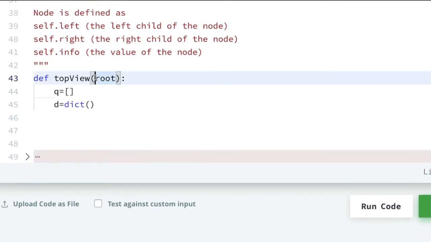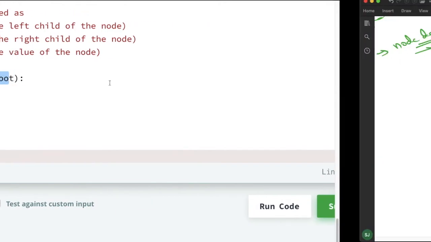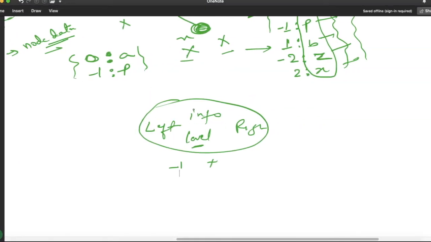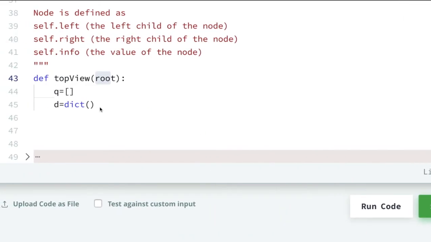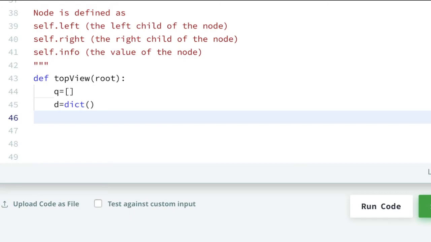So this is my root node, means this is a node. It will contain 4 things: left, right, info and level. So we are going to use the level variable for our assignment of 0 for the initial. So root dot level equal to 0.